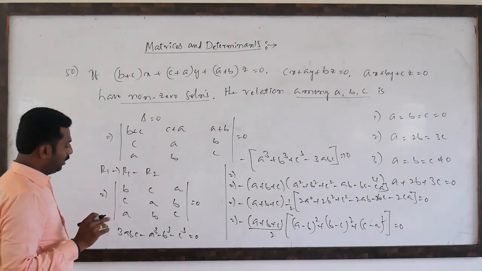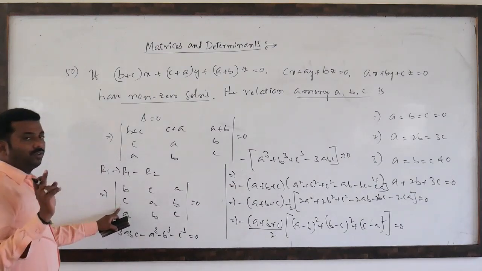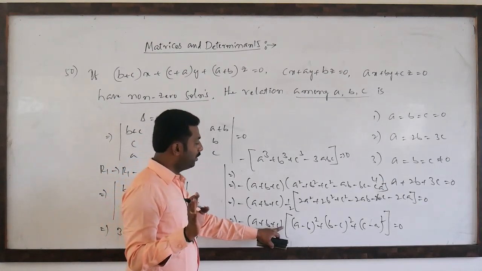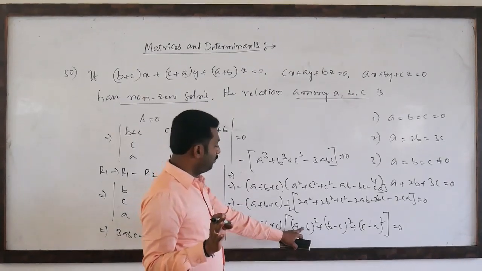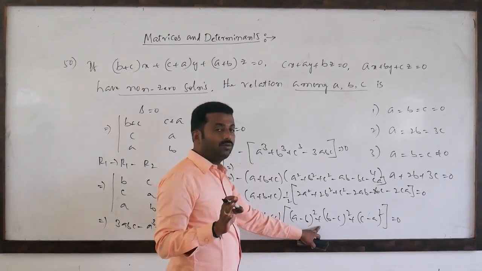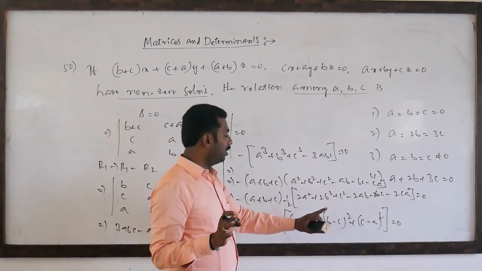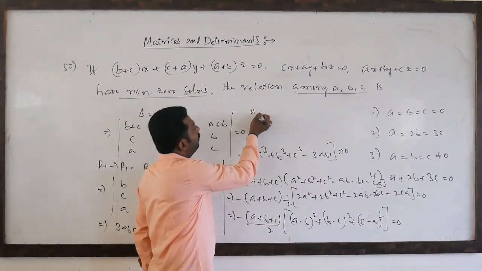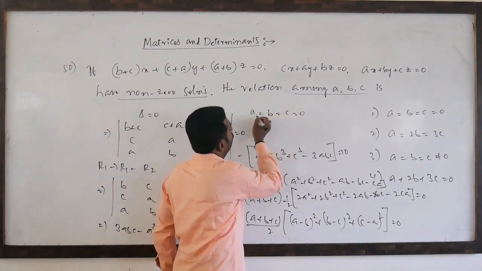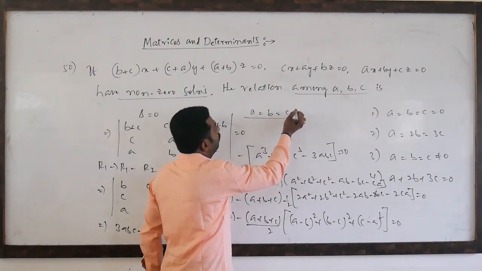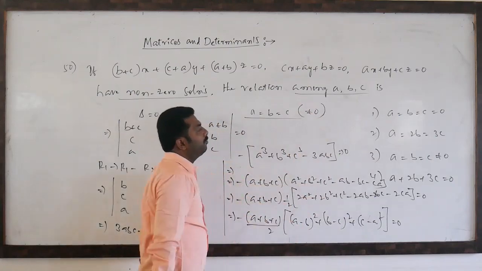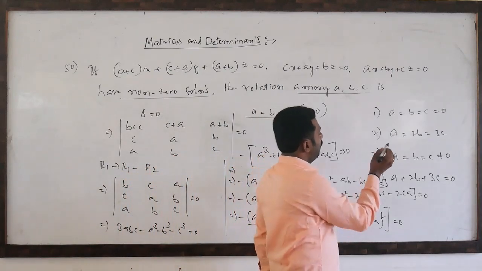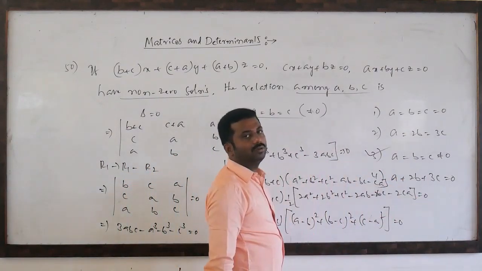So here 3 questions are there. You remember, this type of determinant is always negative, because negative into a, b, c are positive numbers. a, b, c are positive numbers means this is not equal to 0. This must be equal to 0, means (a minus b) whole square equal to 0, means a equal to b, b equal to c, c equal to a. So finally we can write a equal to b equal to c. All these are positive natural numbers, means not equal to 0. So a, b, c all are equal but they are not equal to 0.